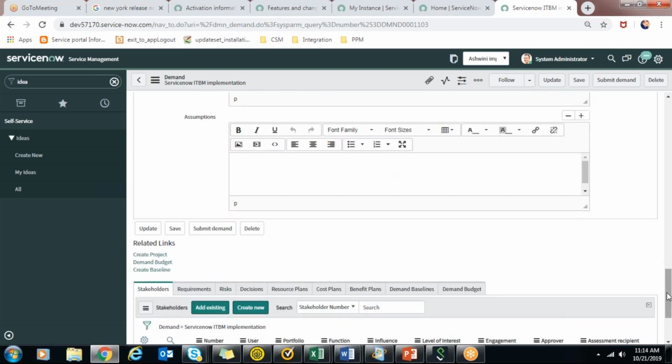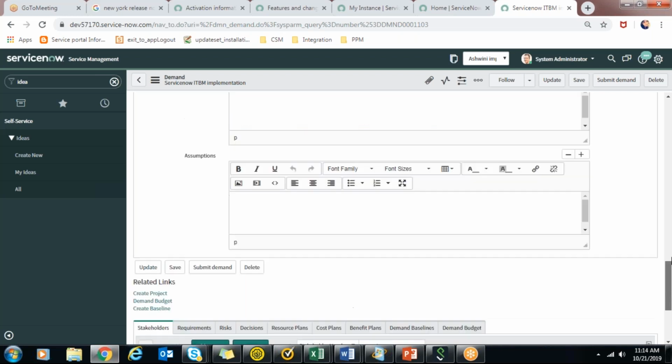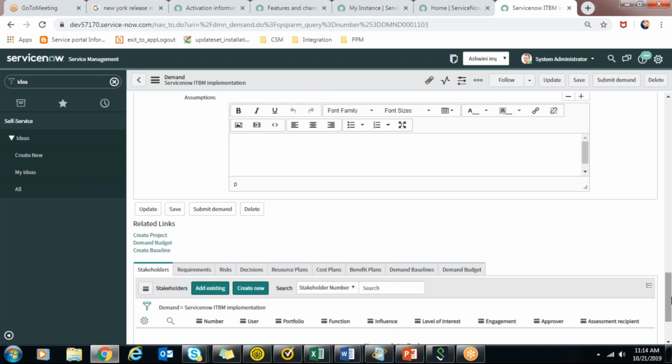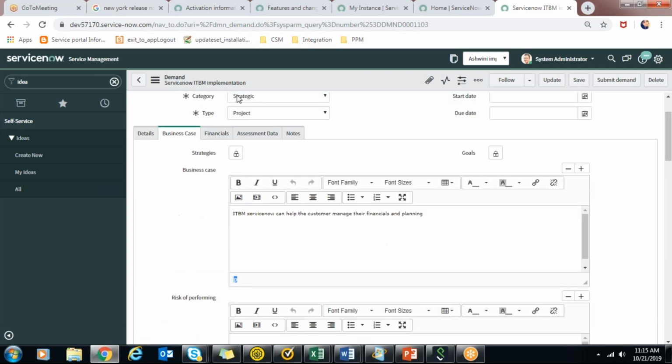So when a demand manager or people under that portfolio and collaborators put information here, it will help the stakeholders to screen the demand and get a proper idea of why we should implement this demand into a project or an enhancement as soon as possible. So it all depends on how many good demands were implemented this year that helped in the financial contribution. So all this needs to be filled very clearly.